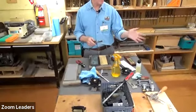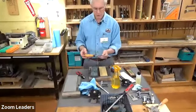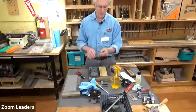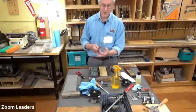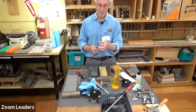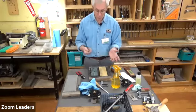I've moved from 25 to 30 on my Lee Nielsen chisels. For these, I keep them at 25. And in fact, I probably try to grind this at 24 so that when I use the jig and set it at 25, I get that micro bevel. And that's probably how I did this. However, if you don't have